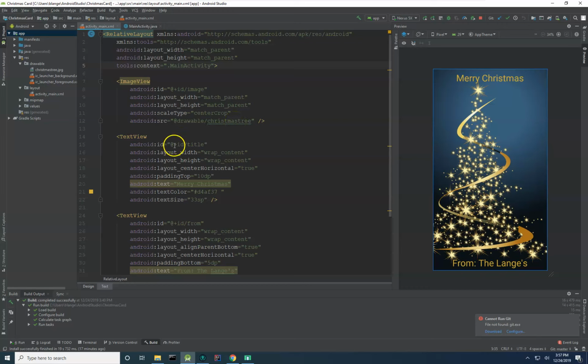And then I have my text view, again, giving it a title. I wrap the content around the content. So that way, at first I had it wrap or match parent, and I wasn't getting it centered. And I'm like, why is that not centering it? Well, when I went over to my